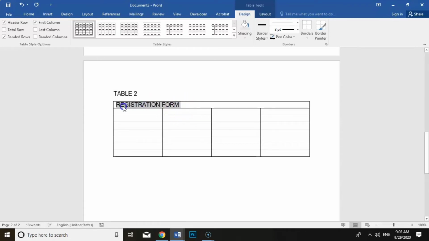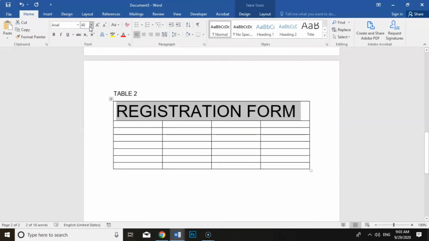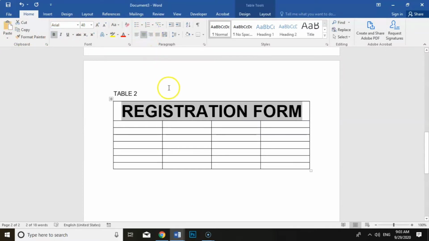Format this to Arial, size 40, bold, and centered. Add the item names as before into the left-hand column. Surname, other names, date of birth,